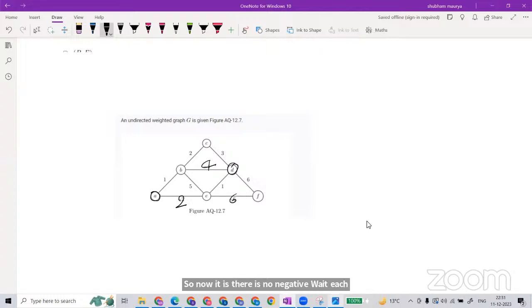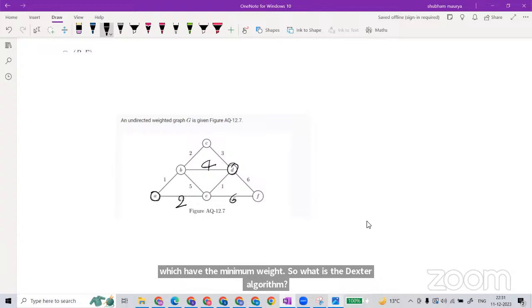Now here we can do the Warshel algorithm. Now we want to find the shortest path from A to D. By which way will we go so that we find a path with the minimum weight? So what is the Dijkstra algorithm? It is a kind of thinking about fire,